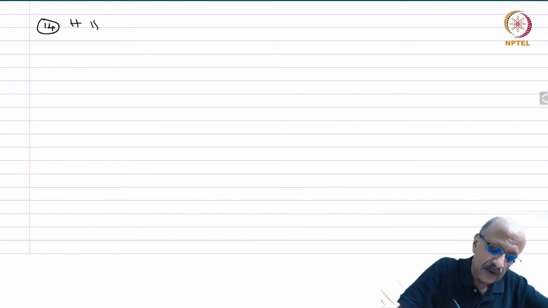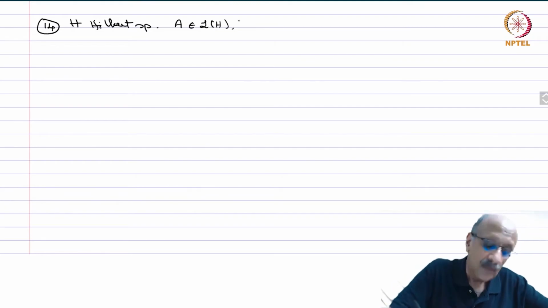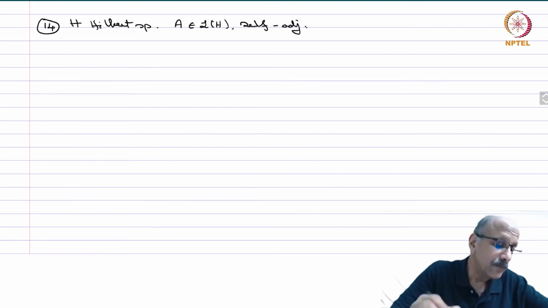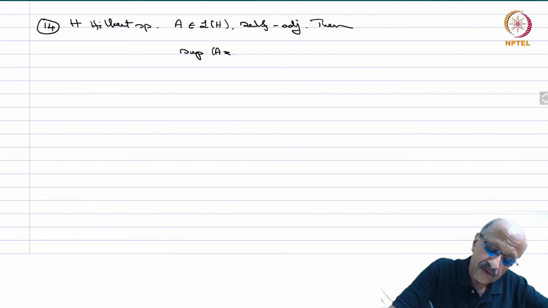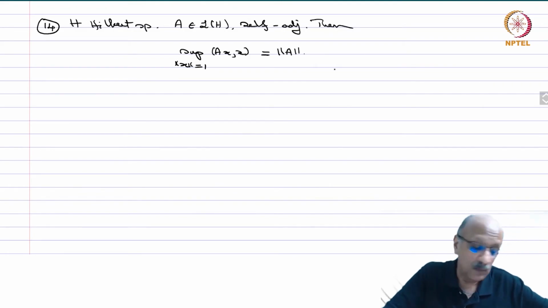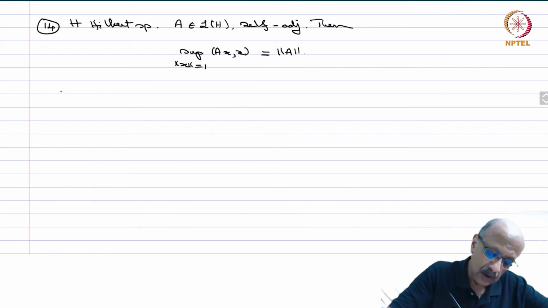Okay. 14. H a Hilbert space. A belongs to L of H, self-adjoint. Then sup of A(x,x) over norm x equal to 1 equals norm A. So norm A, you have now one more formula for the norm. Okay. So solution,